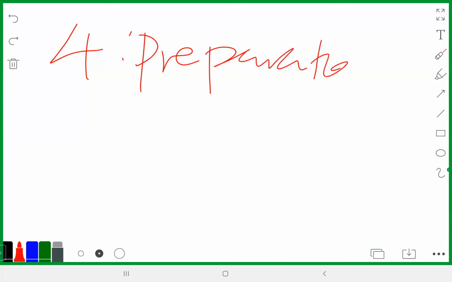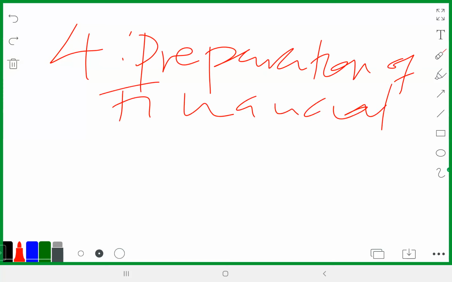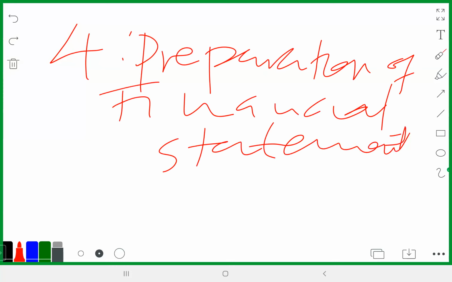In the fourth part of the published final accounts, you will have a further consideration where you will look at the critical international accounting standards and the financial reporting standards as they are applicable in the preparation of the financial statements. So what you do on number 4 here, you learn the preparation of the financial statements, and the key statements that we are talking